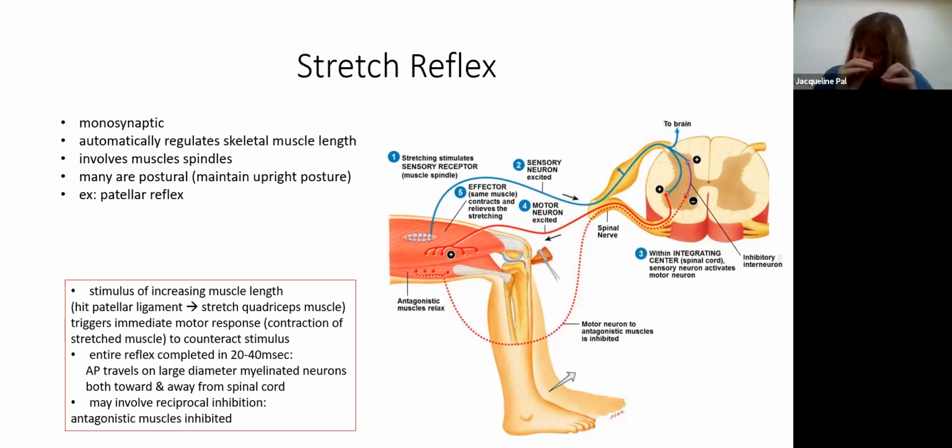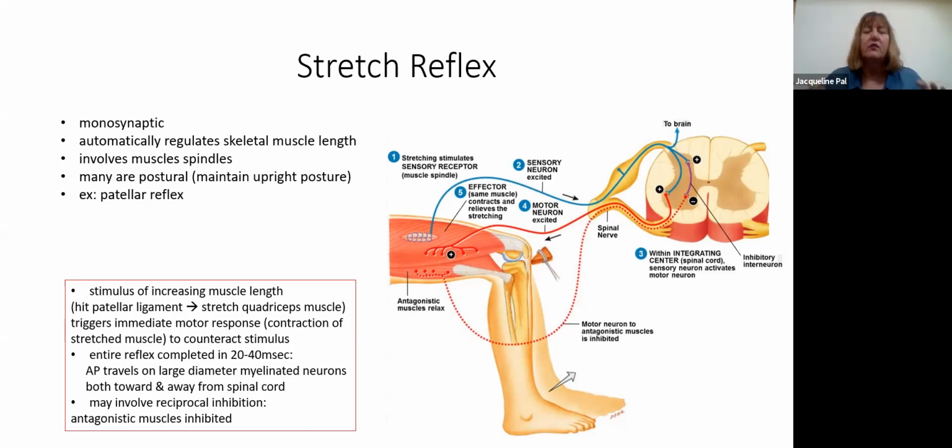So it makes it just a tiny little bit longer. And by doing that, that is stretching the quadriceps muscles just a tiny little bit more, because remember, all 4 quadricep muscles are inserting through this patellar ligament. And this is going to trigger an almost immediate motor response